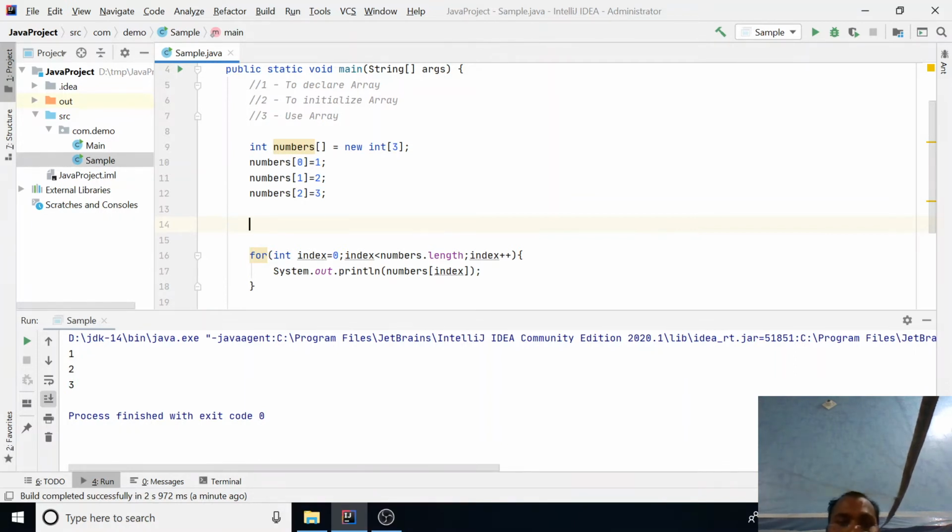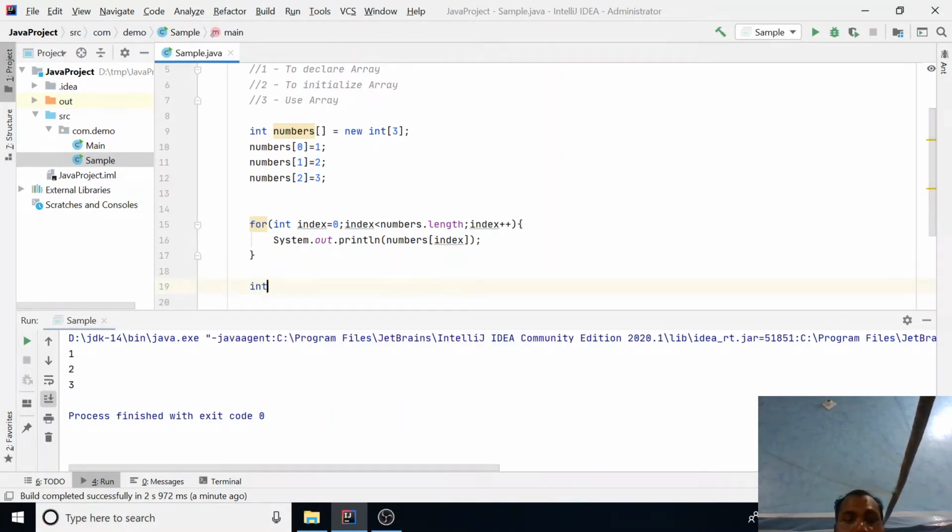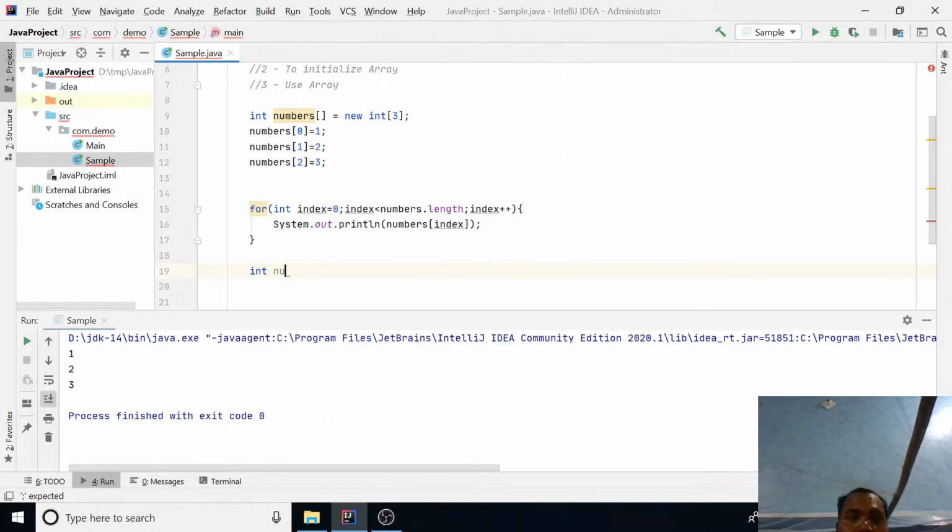Means here we can declare, let's give, numbers1 equal to, here in the curly braces you can specify 1 comma 2 comma 3 and the semicolon symbol.